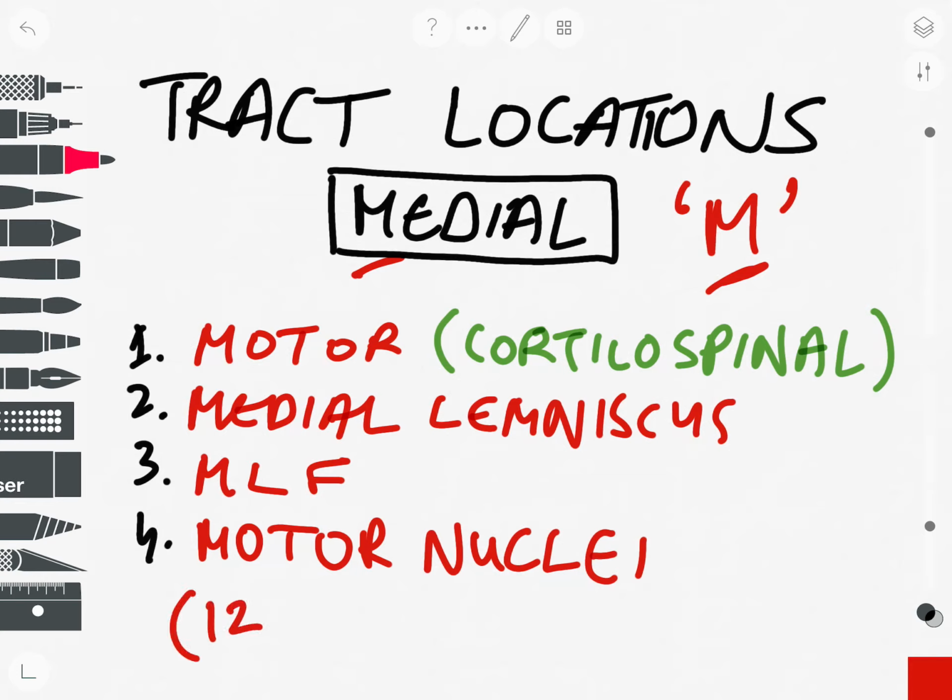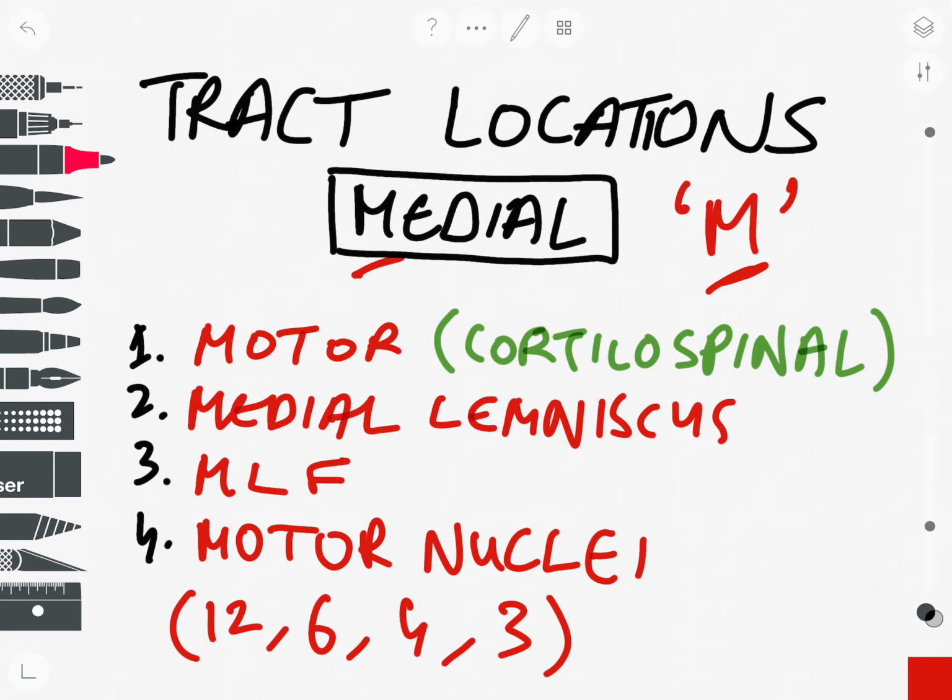So you can begin with 12, go down to 6, go down to 4, go down to 3, we disregard 2 and 1. So basically, that covers all the tract locations. Any lesion in the medial portion will affect these things: motor, medial lemniscus, MLF, and the motor nuclei. Someone presenting with these signs, well, there's that one condition, the medial medullary syndrome, which has involvement of the